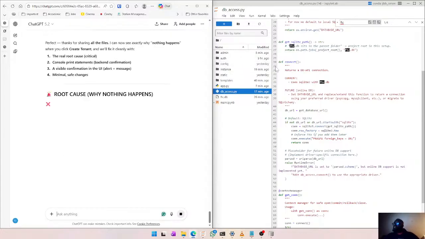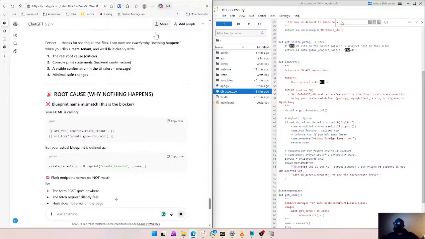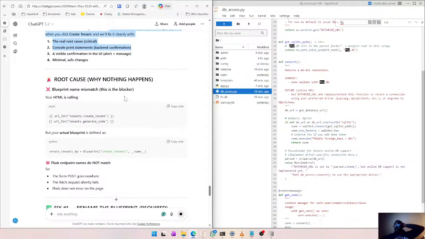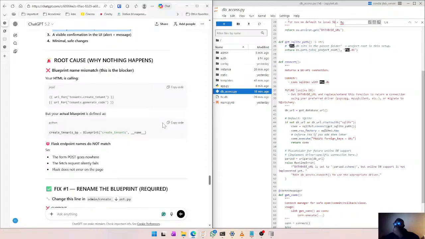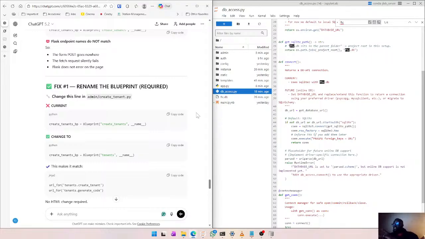So now that I've put the thing in there, it will always tell you that it now sees exactly what has happened. Then it will give you a wrong thing. It's normal. So your HTML is calling this, but your actual blueprint is defined as that. Oh yes, because I changed it to create tenants. So I might need to change. Remember, I made a change, since there's already a blueprint called tenant, I changed it to create tenant. So in the create tenants.py,